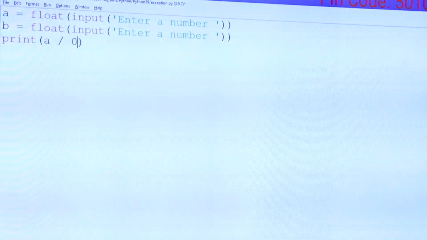A divided by B. So to avoid our zero division error,